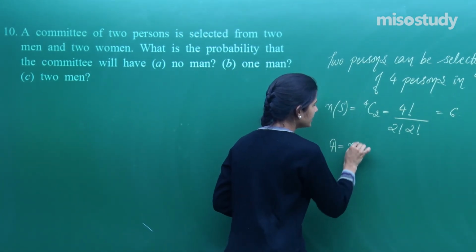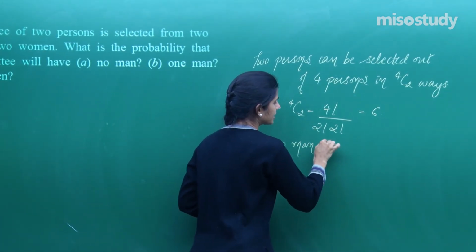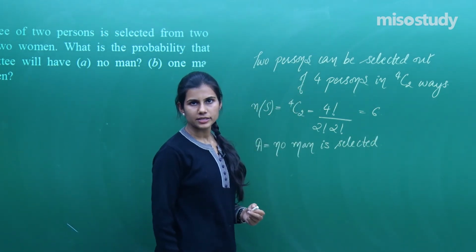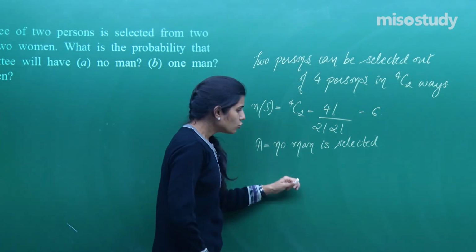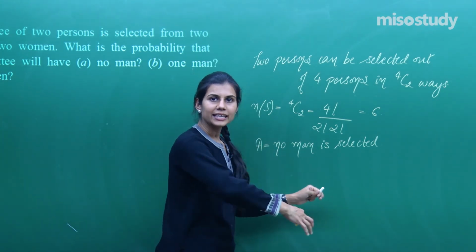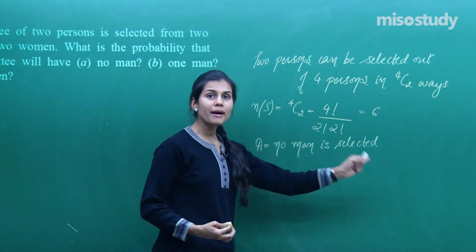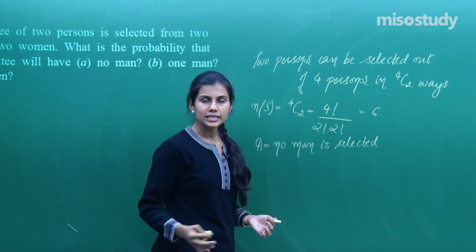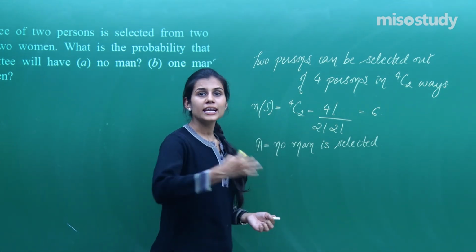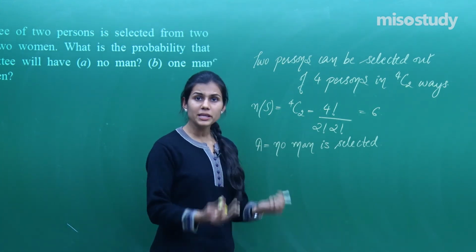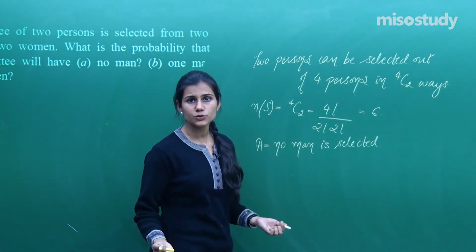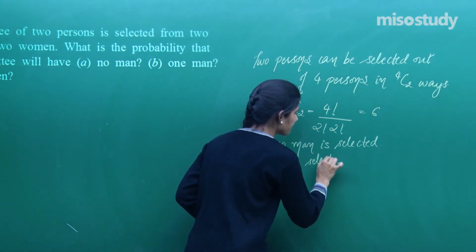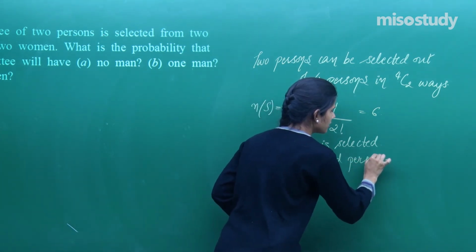So let A be the event that no man is selected out of the 2 people which are selected out of the 4 available persons, out of which 2 are men and 2 are women. If 2 are men and 2 are women, and I am selecting 2 people out of these 4 such that no man is selected, then clearly that means that both the selected persons are women, right? There are in total 2 women, and I want to select 2 women, so 2 women can be selected from the available 2 women in 2C2 ways, which is just one way. So that means both selected persons are women,